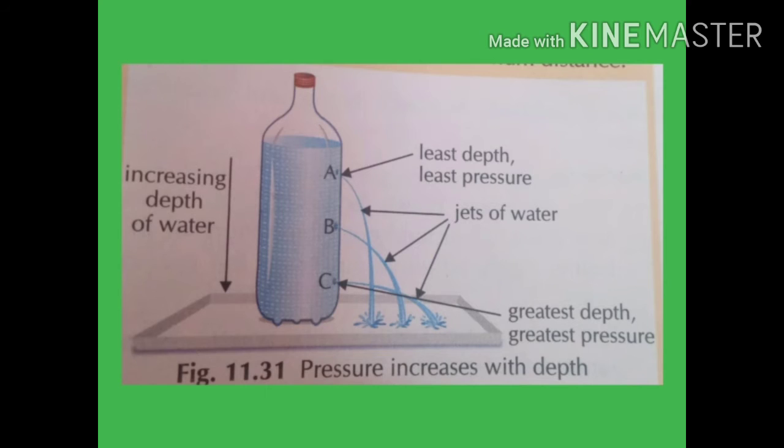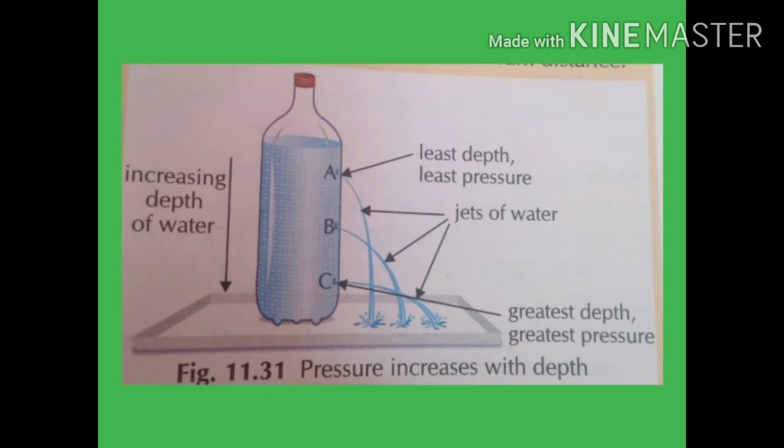Now I have told you that the pressure exerted by a liquid depends upon the height of the column. To know more about this, we have to perform another experiment. To perform this experiment, we need a few things: a plastic bottle and an adhesive tape. Now we have to take an empty plastic bottle of 1 liter. We should try that it is bigger in size or bigger in height.